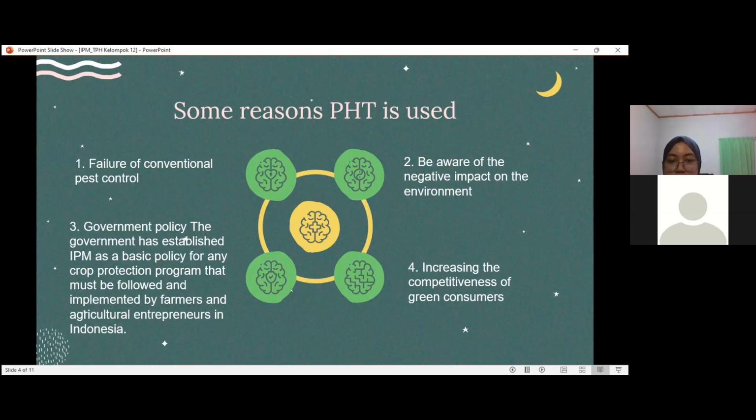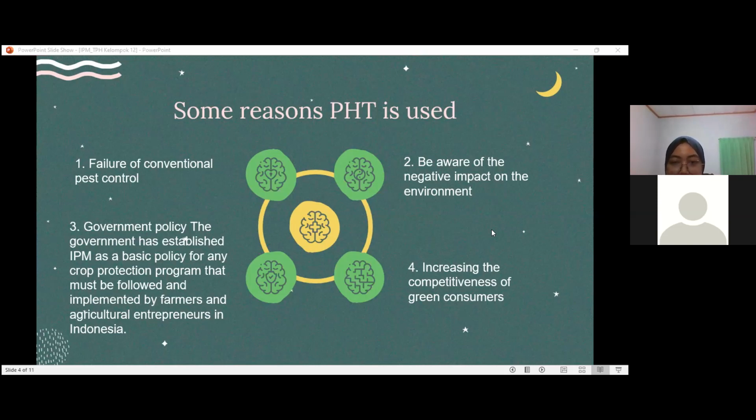3. Government policy. The government has established IPM as a basic policy for a crop protection program that must be followed and implemented by farmers and agricultural entrepreneurs in Indonesia. The policy is in the form of a presidential instruction number 3 of 1986 and law number 12